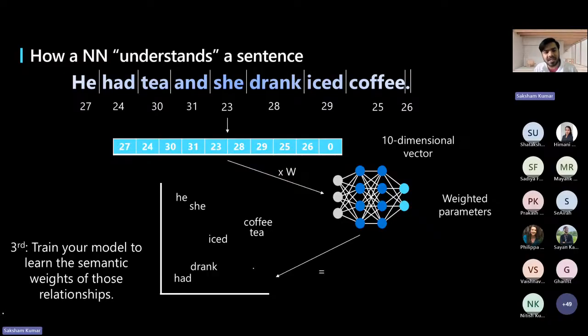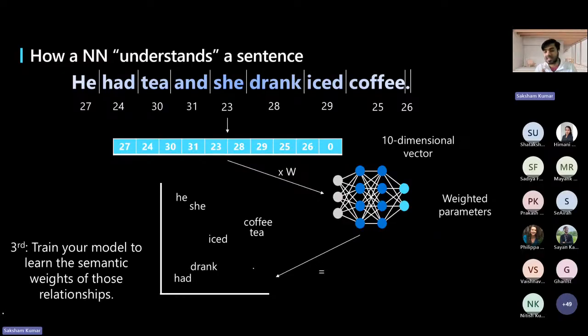As you can see, he is a matching word here. So first it will go to the position here, and whatever words are closer to it, it will try to answer based on that. You can see drank is nearer to it, coffee is nearer to it. So the LLM does some mathematics and arrives at he drank coffee or he drank tea, whichever is the most apt answer. That's how our brain also works. The same logic is now being applied to computers in three-dimensional space.